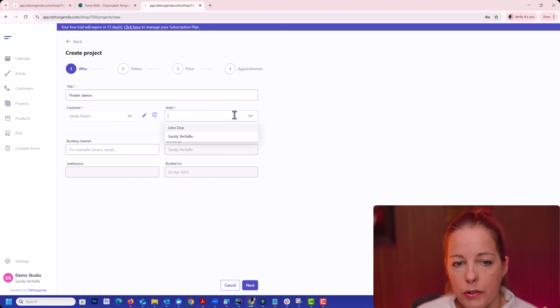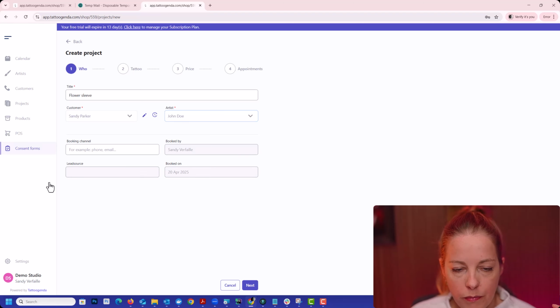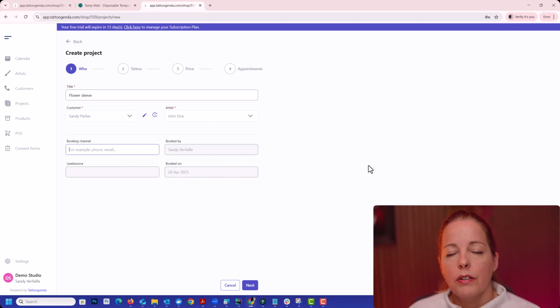All right. We choose an artist. We have an artist already, the one that was created by default by the system, and the artist that we created in the video. I'm going to use this artist. Now you see 4 fields below. If you want to go through it quickly, you can just ignore this, but let me explain anyway. So a booking channel, if you wish to keep track of whether the customer booked by email, by Instagram, by WhatsApp, in the shop, or by phone. If you think that is important for you, you can fill it out. It's not used that much, to be honest.